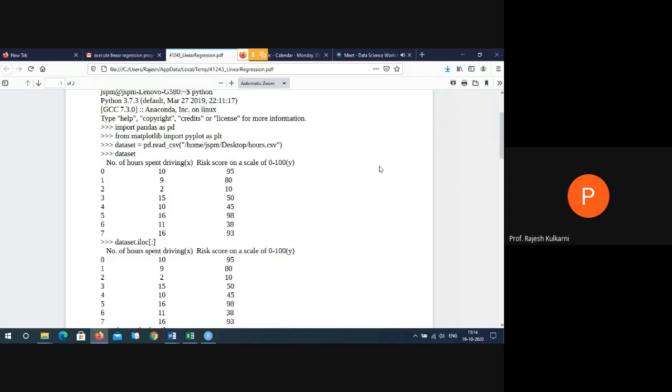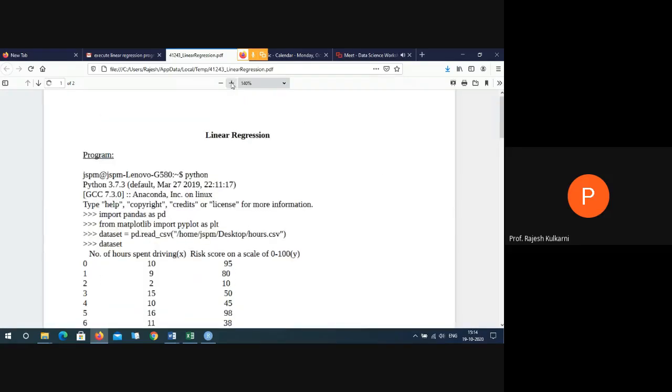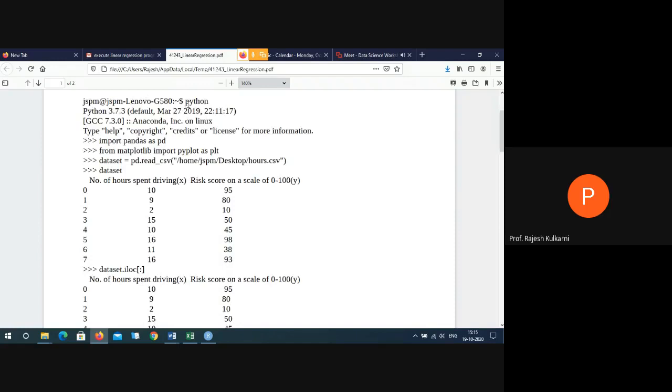So this is the PDF for a Python program on linear regression. I will show you. This was executed on Ubuntu. So this is the Linux prompt. At the Linux prompt, I had given the Python command. So with the Python command, I am able to know the version of Python. Then we entered the compiler of Python. So when you get these three greater than symbols, you are at the compiler of Python.